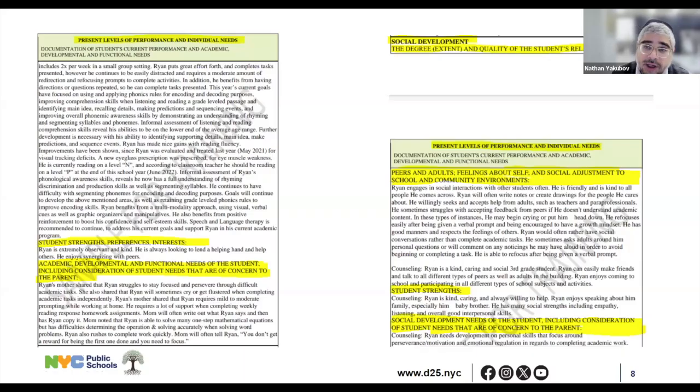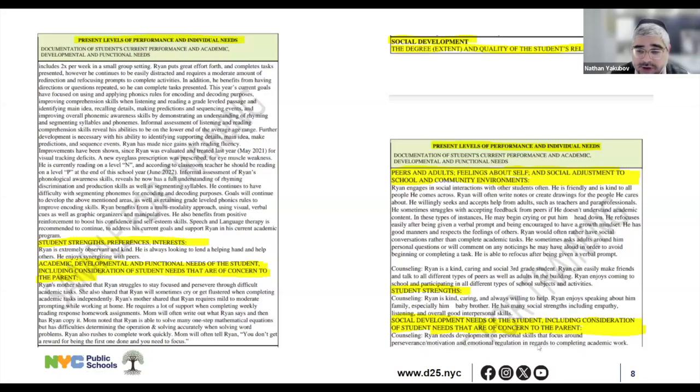Very important also, after each section, so after the academic section, there's a section on social development: how they are interacting with peers and adults, how they are dealing with understanding themselves, and how they adjust to their environment. In each of those sections, the team will be putting in how they are doing and any areas of concern. Then they're also going to mention their strengths. And then it's also very important to note your concerns as a parent. And that's the final section on each of these,